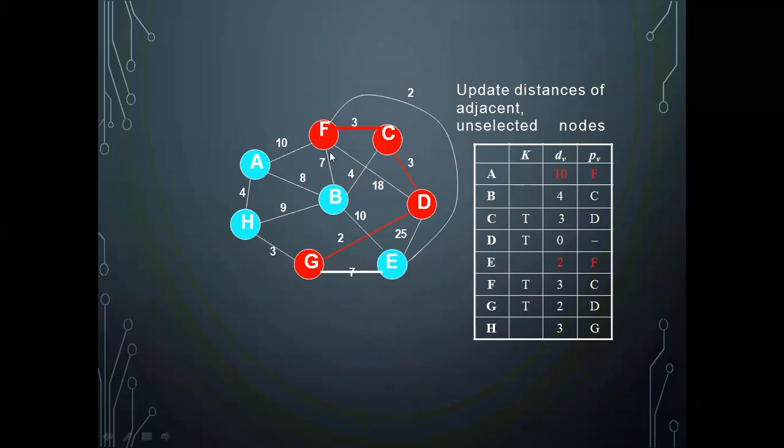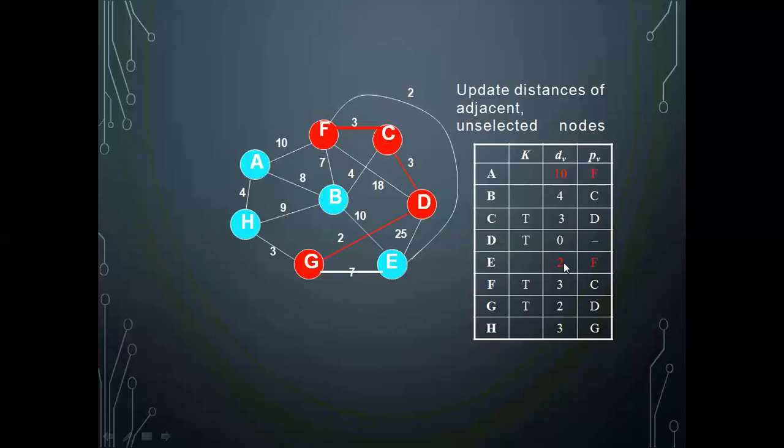F to B, if you are looking, the connection is telling that it is 7 away. What is the minimum distance already found to B? B is 4 distance away from C. That path is already existing. So there is no need for updation. This is 7. Instead of that, if this is 1, you should update it. But in this case, your value is 7 and the value already existing in table is 4. So there is no need for updation. But there is a path between F to E.